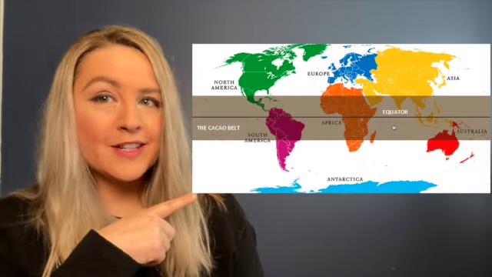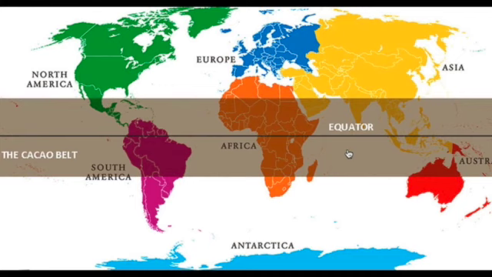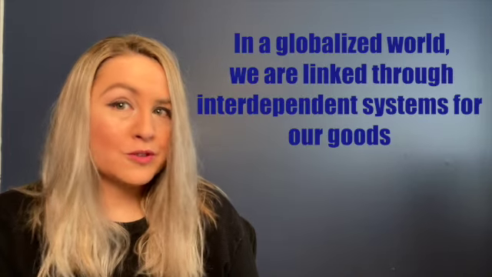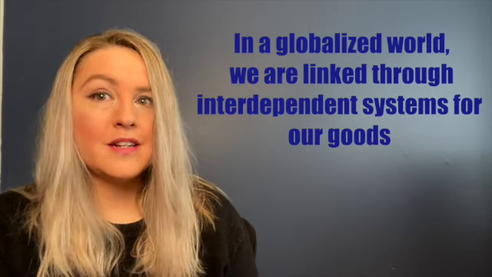This is a really interesting graphic representation of what we know as the cocoa belt. So chocolate, which we all have in absolute abundance here, only grows in this very narrow region, 20 degrees south or north of the equator. So for you to have your chocolate as you know it, it has to start somewhere. So we rely, in an interdependent network of a globalized world, on those raw commodities being grown somewhere and then shipped elsewhere to be processed. So we have to think about these commodities in terms of something called the supply chain.